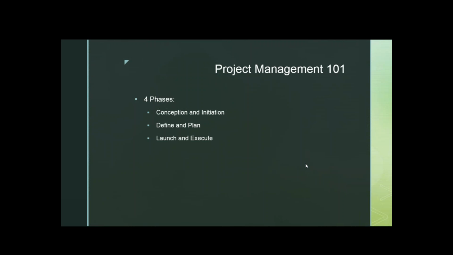So now we're just launching and executing, and keep going and just keep evaluating along the way in case you need to revise. It's also important to keep communicating so that people know where you are all along the way, so there's no surprises. The other thing to think about is who is authorized or responsible for any kind of changes that may come up, because things come up all the time, no matter what kind of project you're working on, and somebody has to be in charge of approving changes.